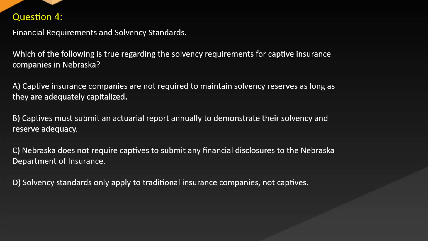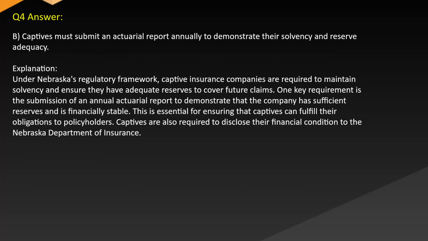D. Solvency standards only apply to traditional insurance companies, not captives. Answer: B. Captives must submit an actuarial report annually to demonstrate their solvency and reserve adequacy. Explanation: under Nebraska's regulatory framework, captive insurance companies are required to maintain solvency and ensure they have adequate reserves to cover future claims. One key requirement is the submission of an annual actuarial report to demonstrate that the company has